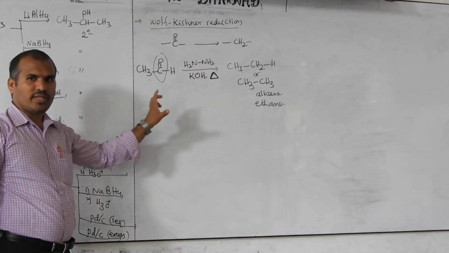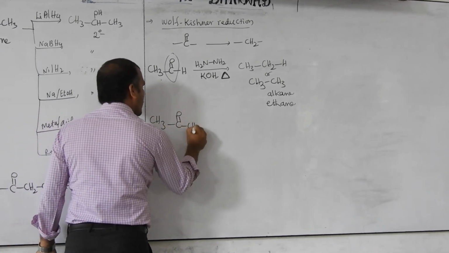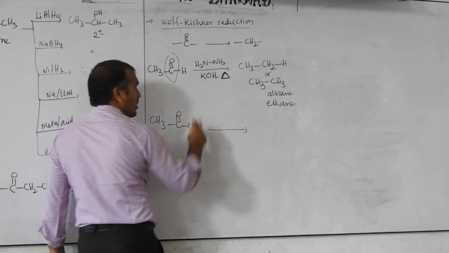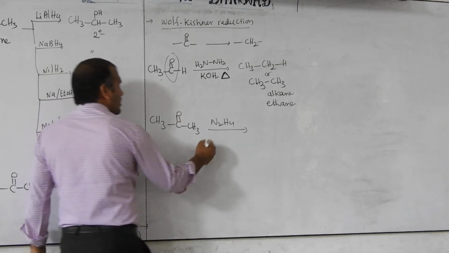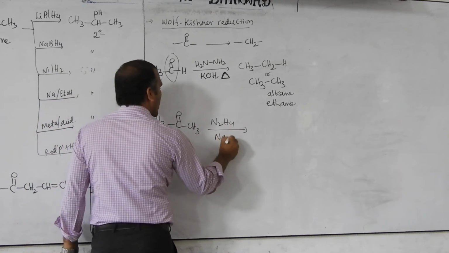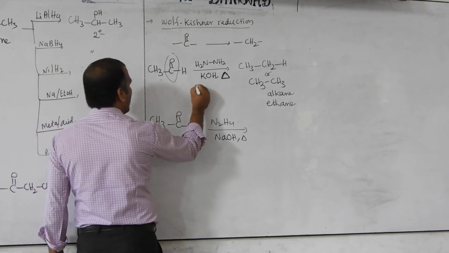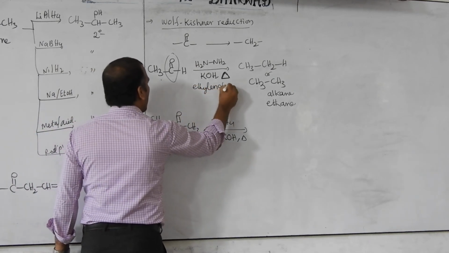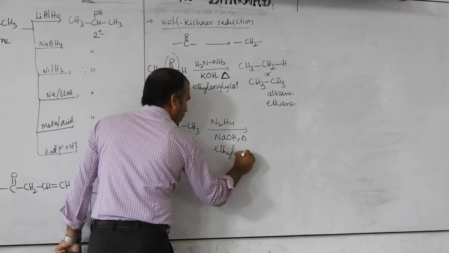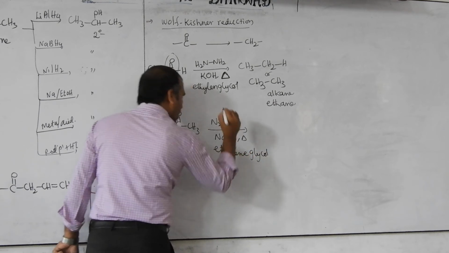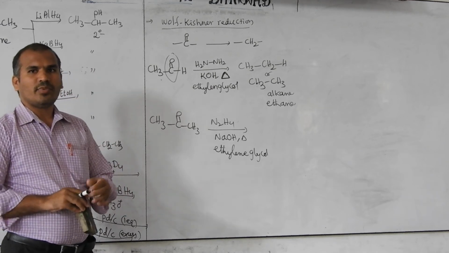Textbook followed here, PUC example, this was enough. One more: last, CH3, C double bond O, Cl. Now this NH2NH2 will be written as N2H4, that is hydrazine, and this is NaOH or KOH. I will use NaOH now, no problem, and heat. Here high boiling point solvents are required. That I also told you, that is called ethylene glycol. Ethylene glycol has a high boiling point because more than one hydroxyl group is present. Hydrogen bonding increases, so the boiling point also increases.